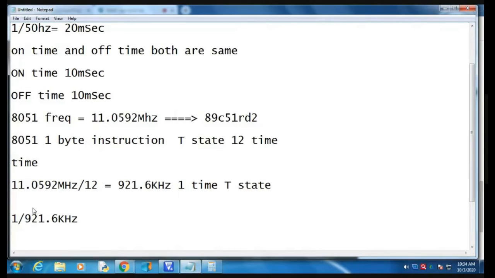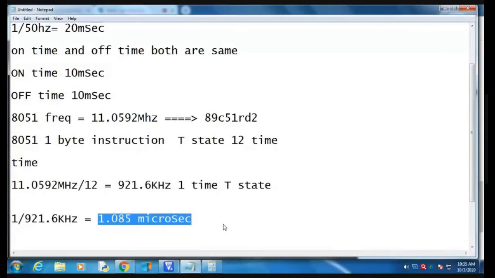The answer is 1.085 microsecond. So the conclusion is that the 8051 one T state time period is 1.085 microsecond.